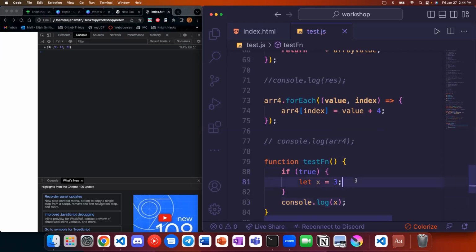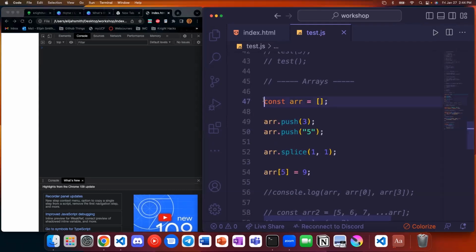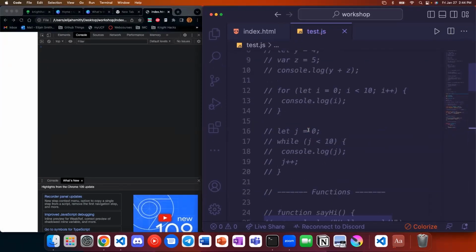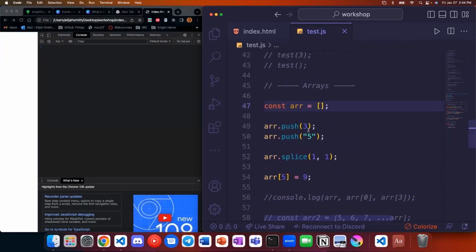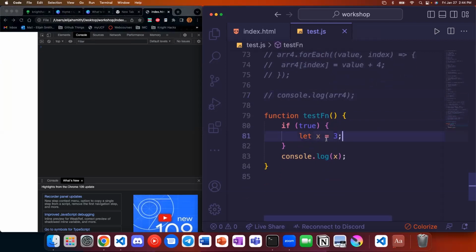How many of you think this is going to work? Show of hands. Good. This is not going to work. Oh, it does work because I think I had x somewhere. Do I have it further up here? Everything out here, let x equals 0.